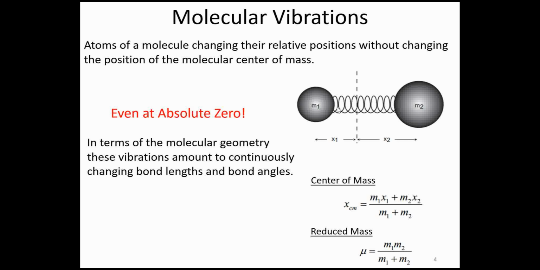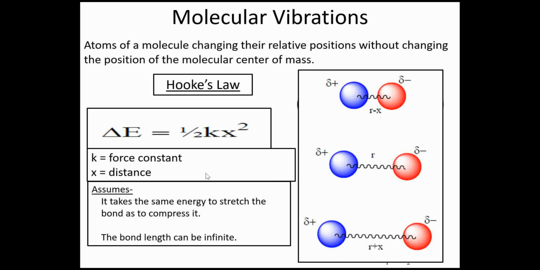Now if that electric field is changing or disturbing the existing dipole of this particular system, then this system will try to oscillate. We have already calculated the reduced mass. You can see here the center one is the equilibrium state, when it is pressed and when it is stretched. So it will have some particular frequency of vibration.